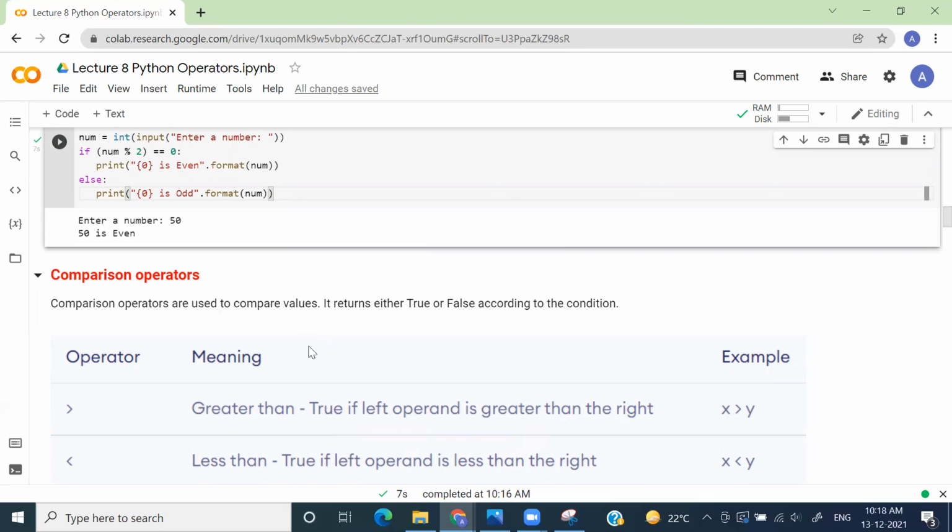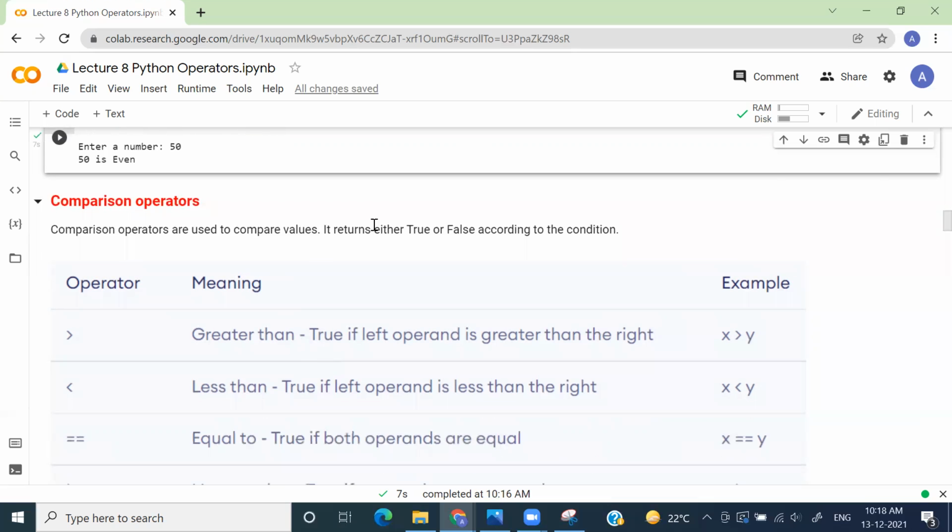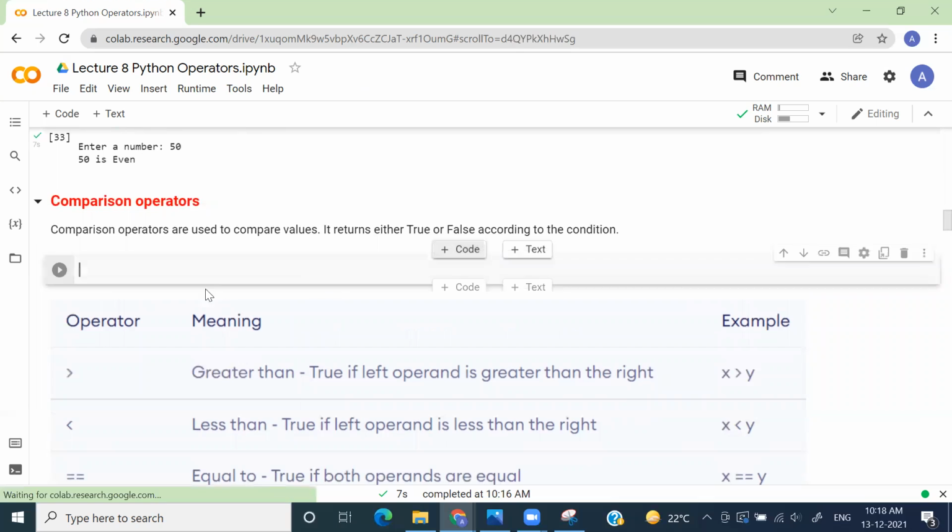If you want to do those kinds of comparisons, then you need to use comparison operators, right? And always remember one thing: the output of a comparison operator will always be a Boolean value, whether it's true or false.